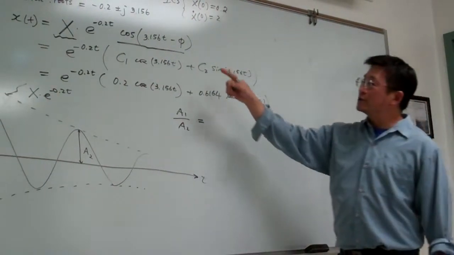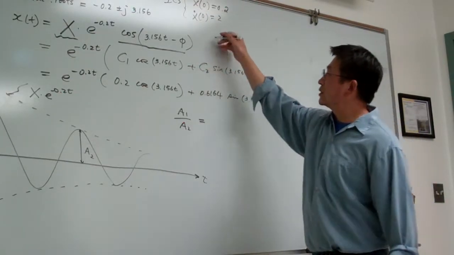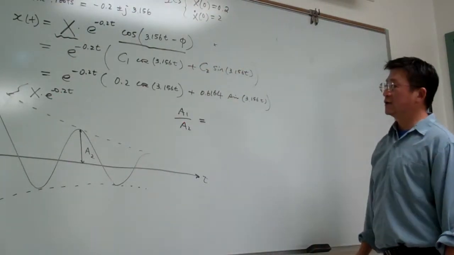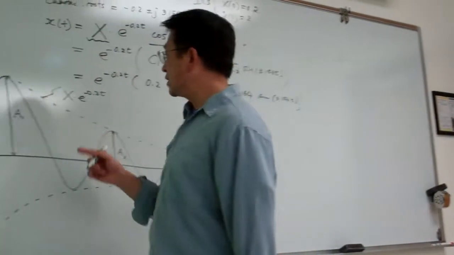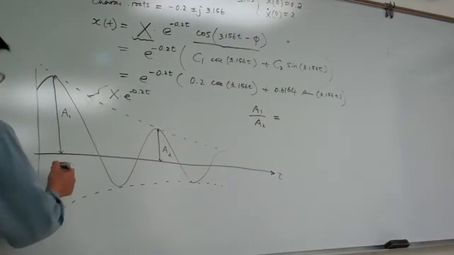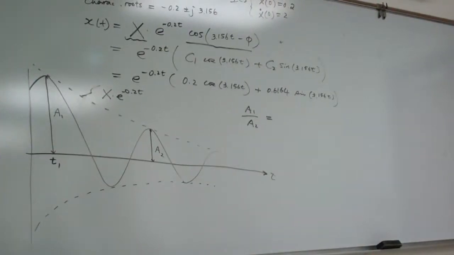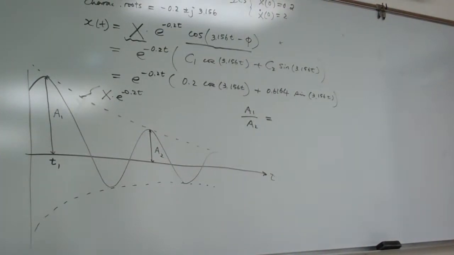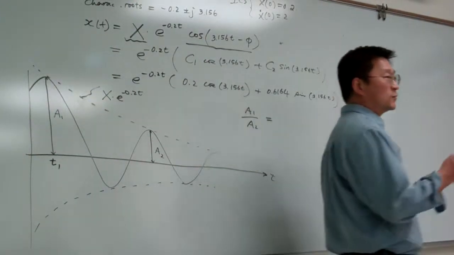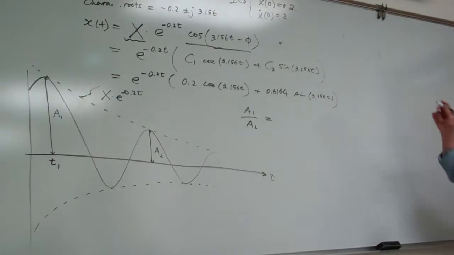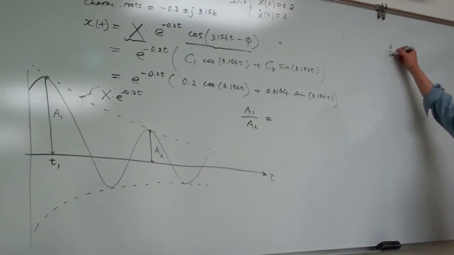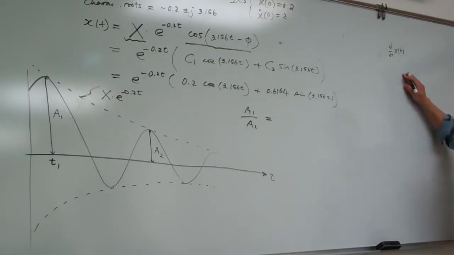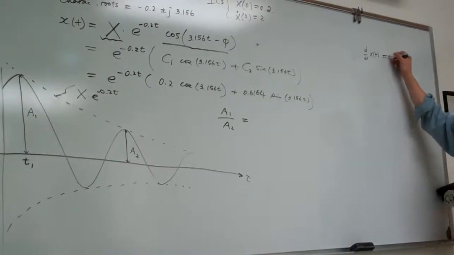Right now, let me utilize this form, that will be easier for us. So A1 is the magnitude. For example, let me designate that it happens at time T1. And of course, we can determine T1, right? How can we determine T1? T1 is from the derivative, right? I heard that keyword. So we take the derivative of the displacement, when that equals 0,